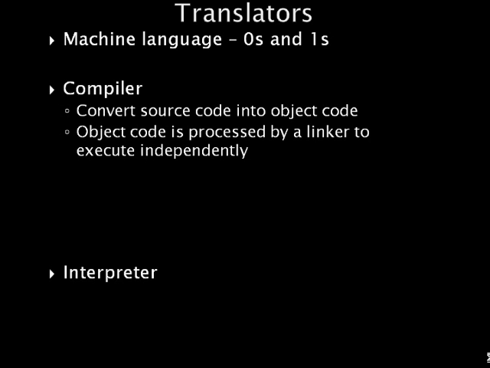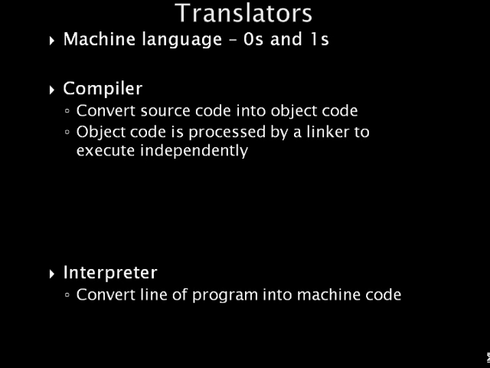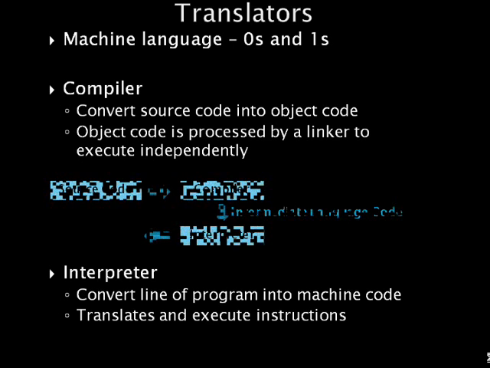An interpreter will convert each line of a program as needed into machine code form as it is being run. So, the program will require the interpreter to be present on the machine at all times when it is going to be run. Moreover, since each line is being converted to machine code as the program is being run, it usually takes longer to execute a program with an interpreter compared to compiling it in one go. Hence, an interpreter translates and executes a single instruction or small groups of instructions at a time.